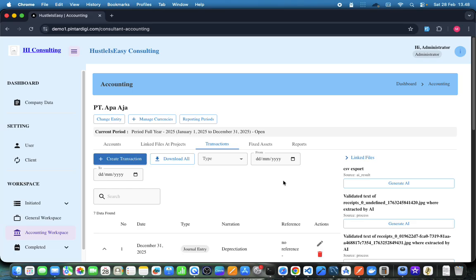Now, let's go to the report tabs, where our reports for this entity are generated automatically.